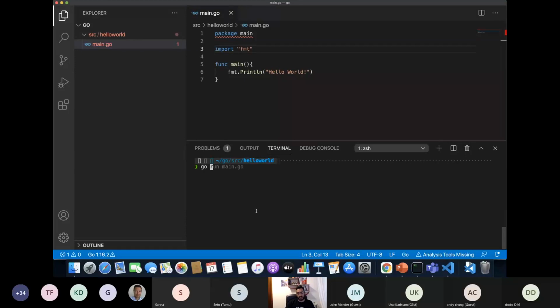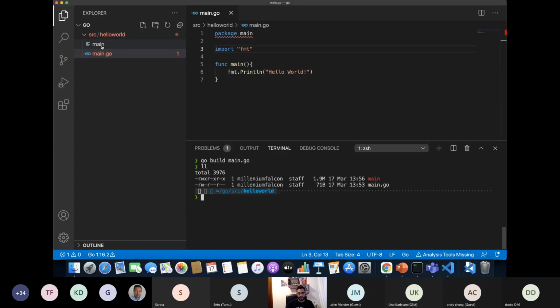So we did basically go run main.go, and that compiled and ran the application. But if I just want to compile the application, I can simply do go build main.go, something like this, and you can see that it's not going to do anything, right? But if you pay close attention, it created an executable here. So if I do something like this, you can see the difference, that it's an executable. So if I run main, it's going to run the application.